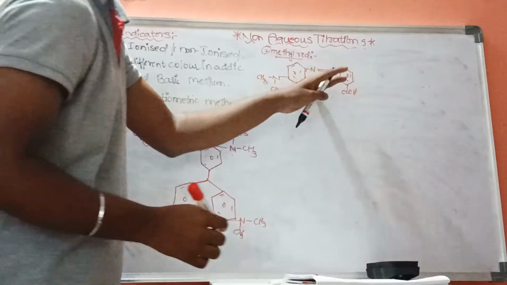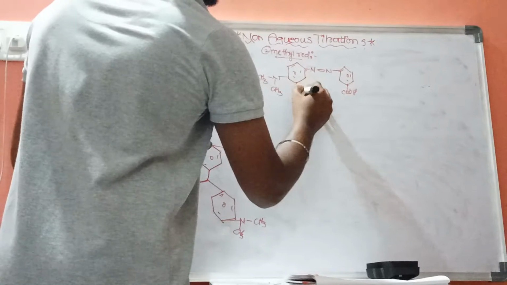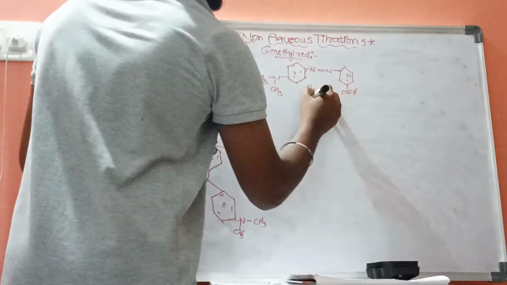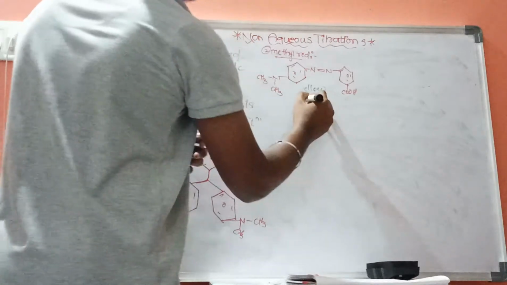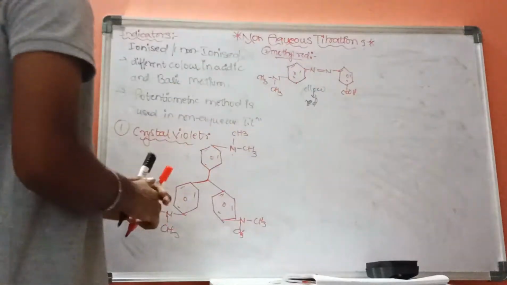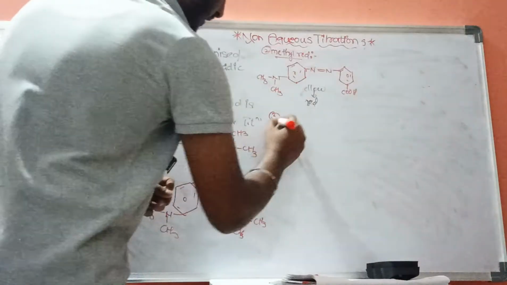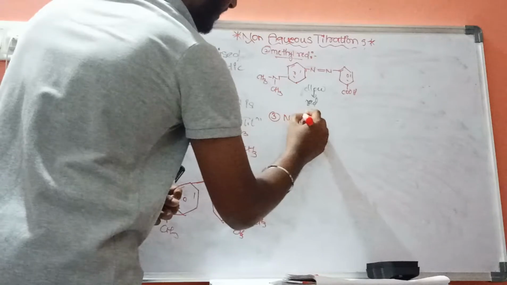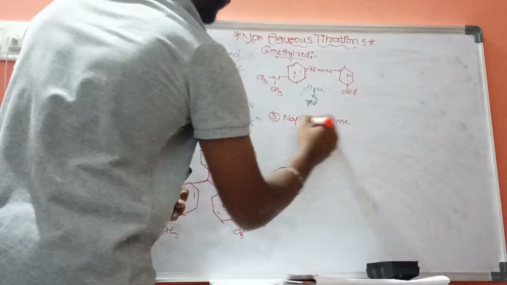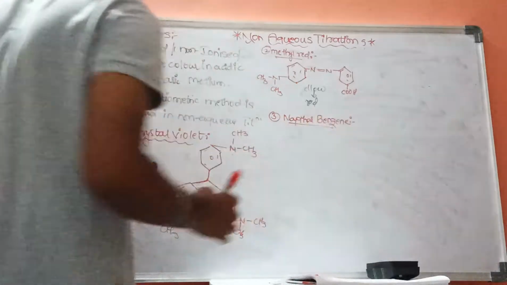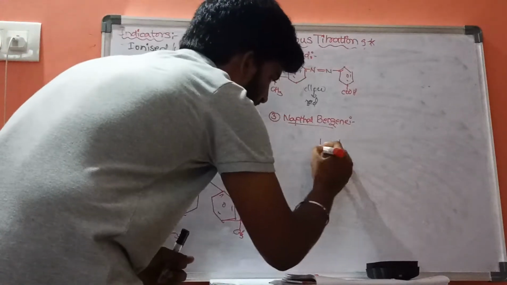This is the structure of methyl red, and its color changes from yellow to green, yellow to red. This is about methyl red. And the third one is naphthol benzene. Third indicator which is used is naphthol benzene, and the structure is